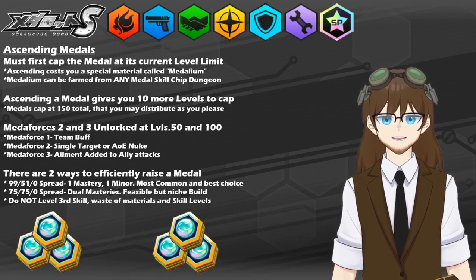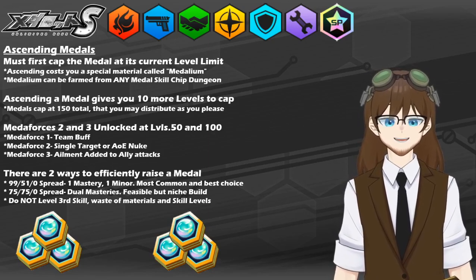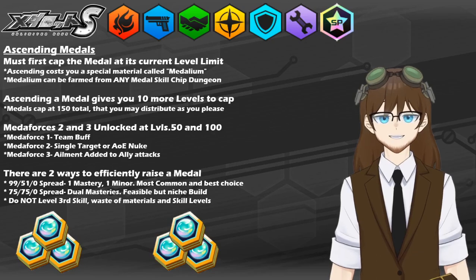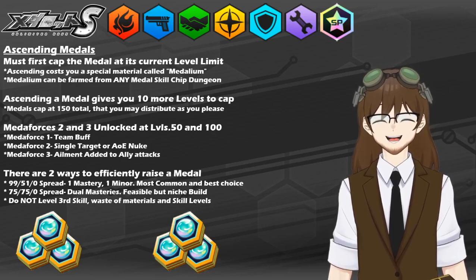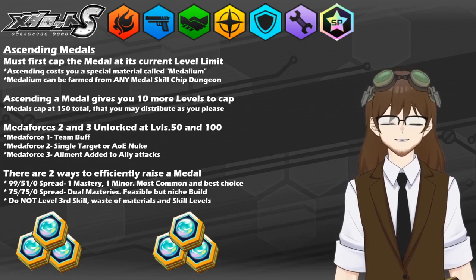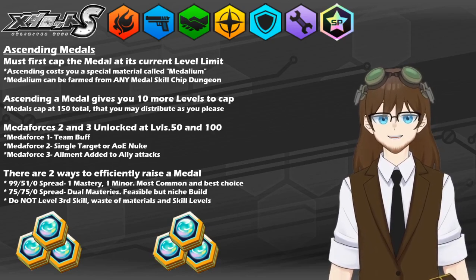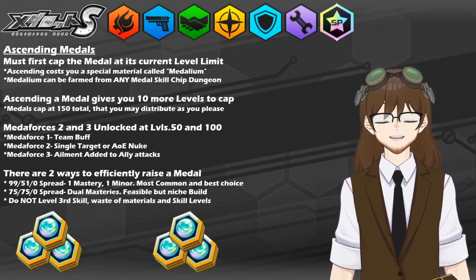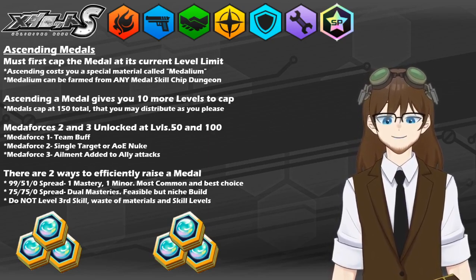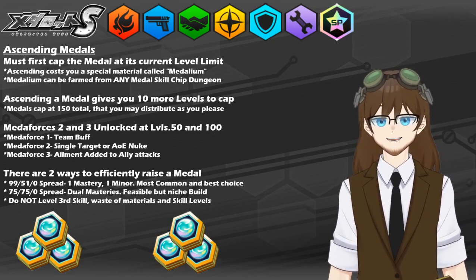The second way is simply called the 75 split, and this is simply splitting 2 skills and leveling them at equal efficiency at level 75 each. Now, this I wouldn't necessarily say is a bad way to raise medals, but rather it's a more niche way to do it, for lack of better terms, as it's more often feasible for, say, ailment fighters